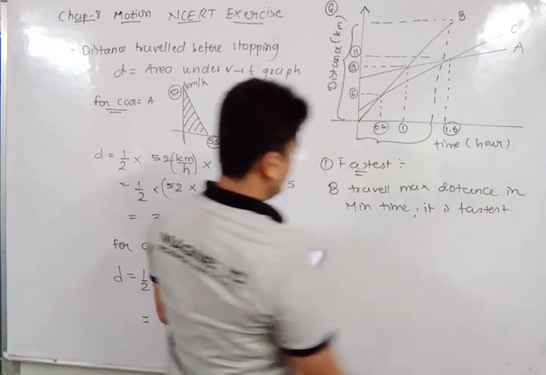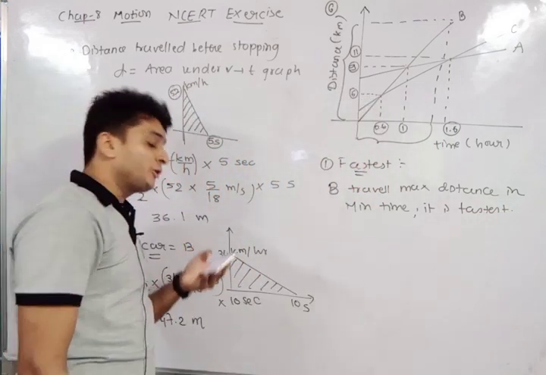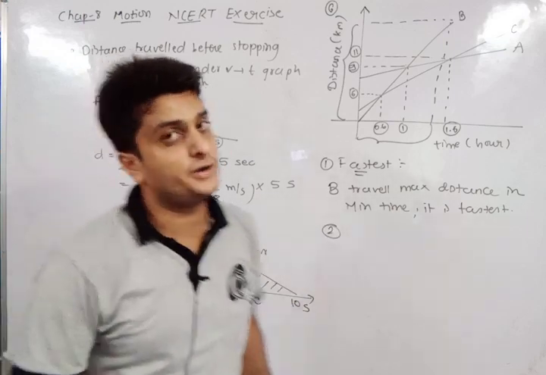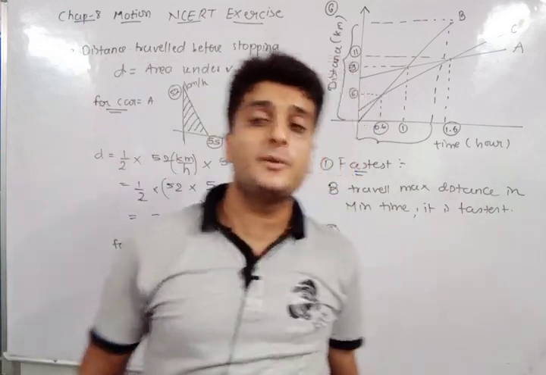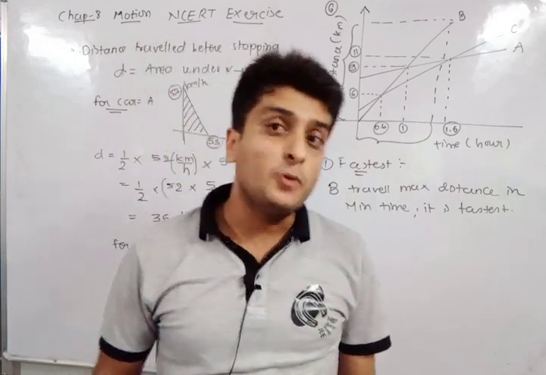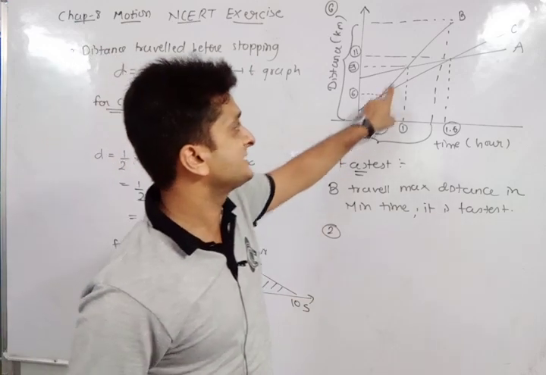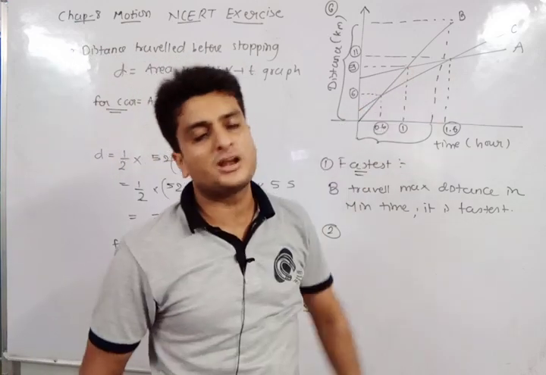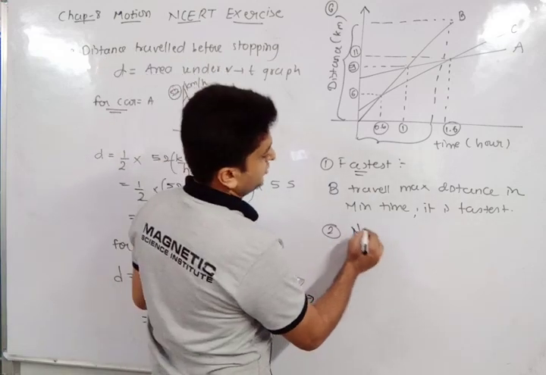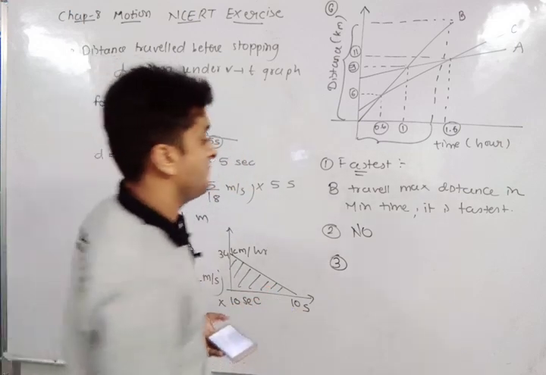Okay. Second, you want to answer, are all three ever at the same point on the road? क्या कोई भी ऐसा पॉइंट है जहां पे तीनों एक साथ में हो? नहीं है. अगर तीनों एक साथ में है ना तो तीनों ग्राफ एक ही जगह पॉइंट पे मिलने चाहिए. क्या ऐसा कोई पॉइंट है जहां पे तीनों ग्राफ साथ में मिलते हो? नो. इसके ऊपर दो पॉइंट मिल रहे हैं, इसके ऊपर दो ग्राफ मिल रहे हैं, इसके ऊपर भी दो ग्राफ मिल रहे हैं. देयर इज नो सच पॉइंट जहां पे तीनों एक साथ में हो. सो दिस आंसर इज नो.